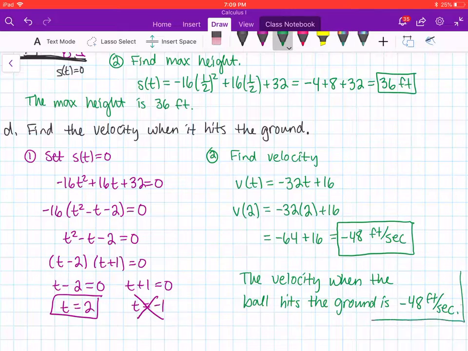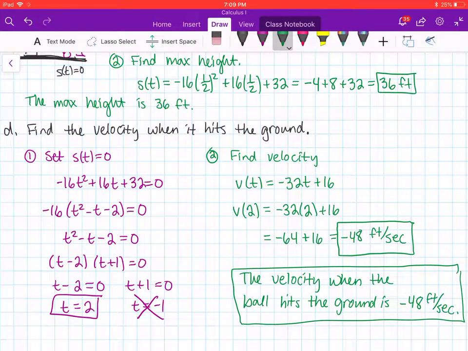And there we go. So we can apply our old techniques to find some of the same concepts. And we can use the antiderivative to really help us out if we're given that the only acceleration is due to gravity. Okay, see you in the next